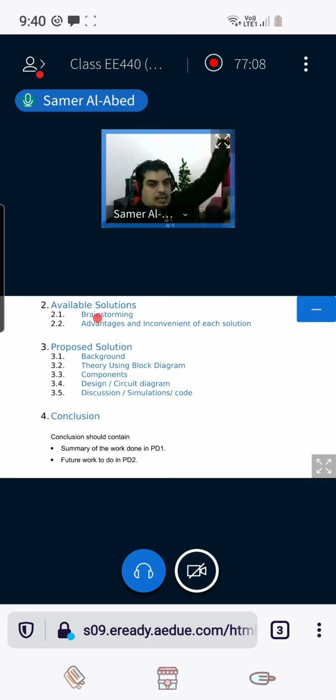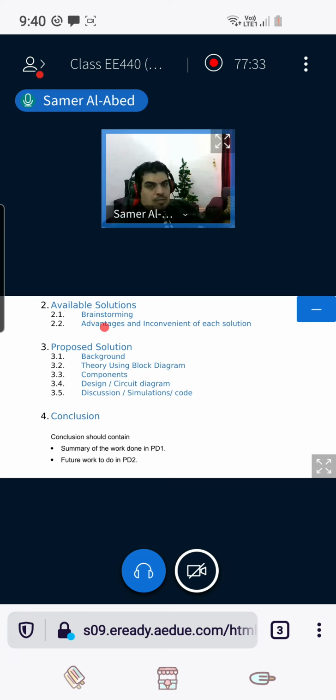So you can see solution number one, Wi-Fi, and you can speak half a page or a little bit more about it. Then solution number two, mobile phone systems, and you can speak half a page or so. And you can put figures related to solution one and solution two. In this case, definitely you will have more than one page.